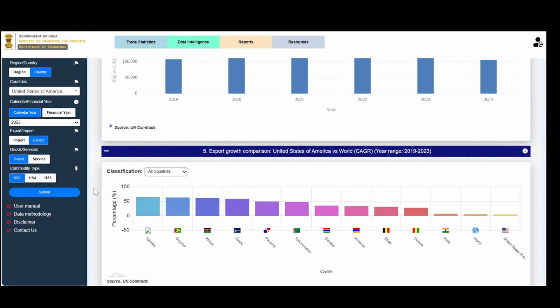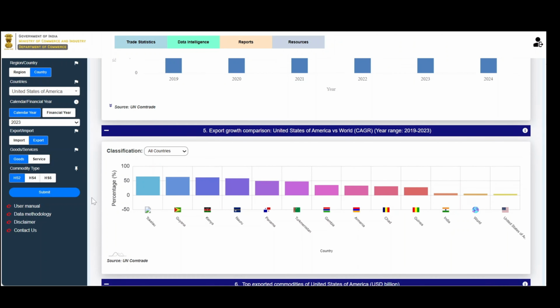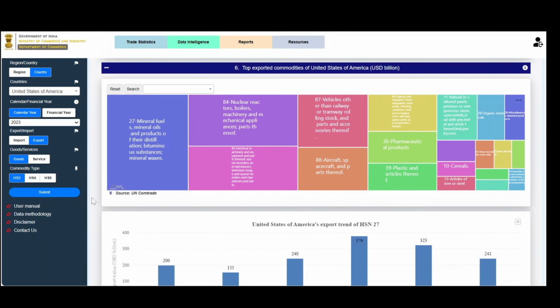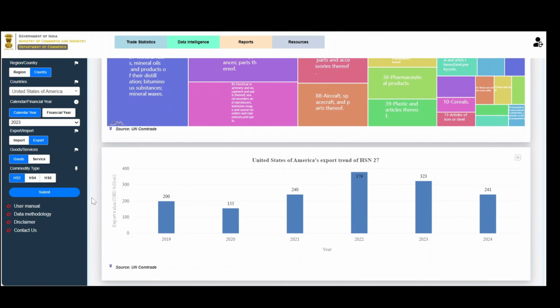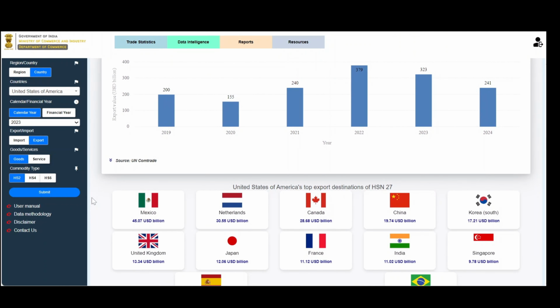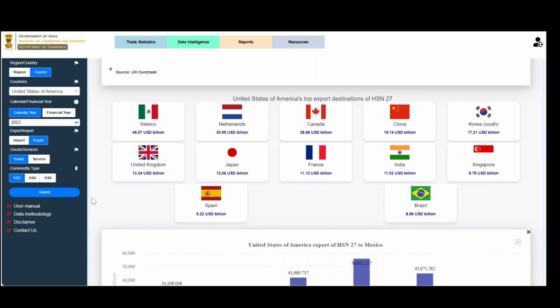Export growth comparison of USA versus world CAGR can be explored for top countries as well as priority countries. Detailed export profile analysis is available for commodities exported to USA. Clicking on an HS code would result in extended chart with export trend. Further, clicking on a year would result in top exporting destinations, with clickable flags resulting in trend of USA with